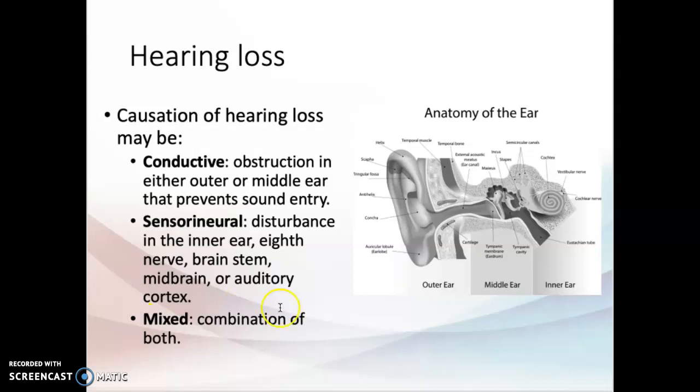Now, 3 different types of hearing loss. If you haven't had much on this, we'll go over it. But we have conductive, sensory neural, and mixed. Conductive is usually due to some obstruction